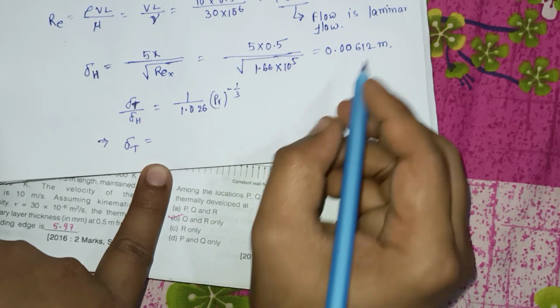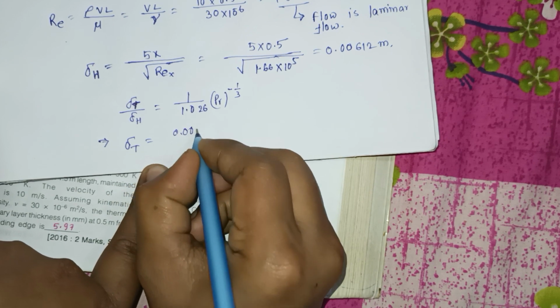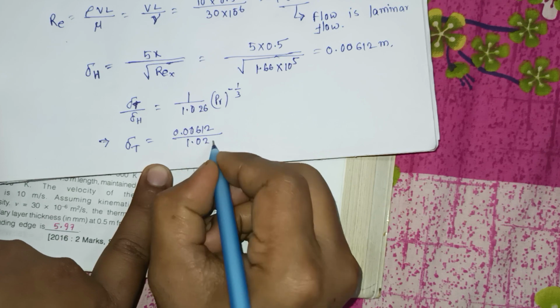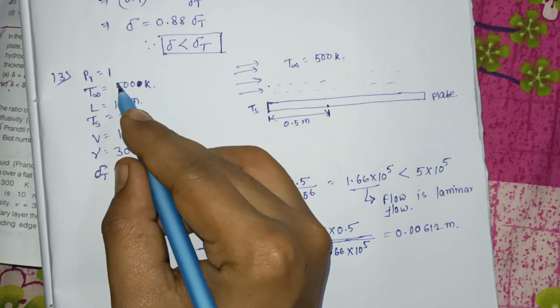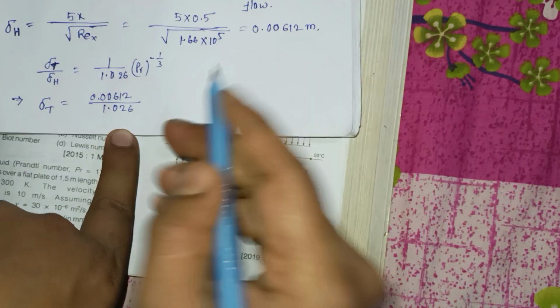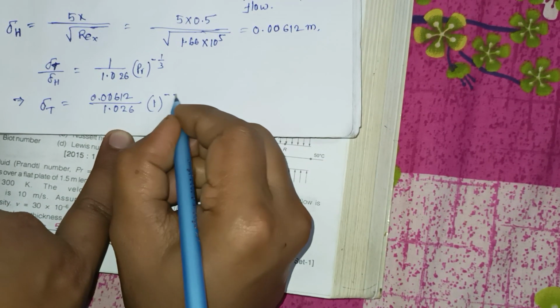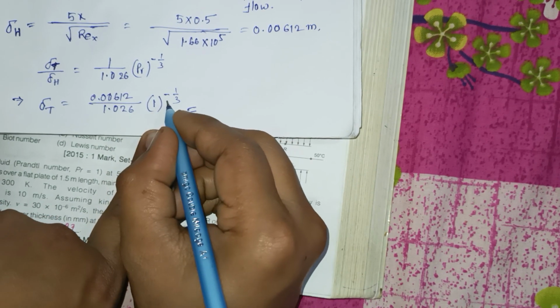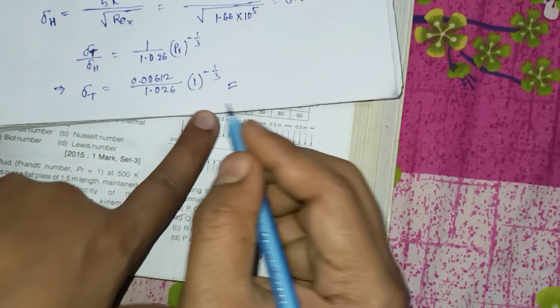What is the hydraulic boundary layer thickness? 0.00612 by 1.026 Prandtl number. What is the given Prandtl number? That is equal to 1. So here Prandtl number 1 to the power minus 1 by 3, that means 1. So if you calculate that value,